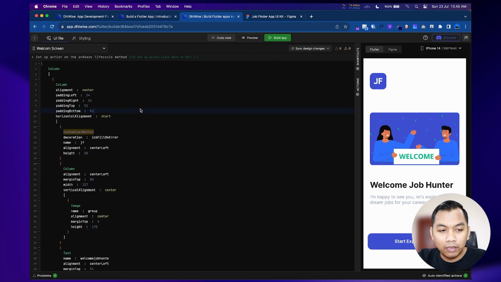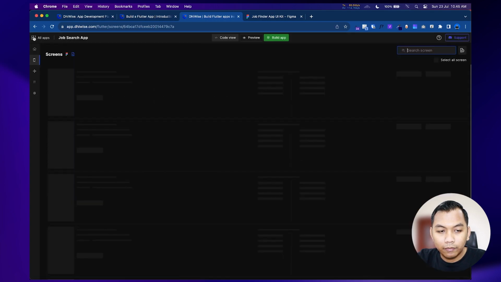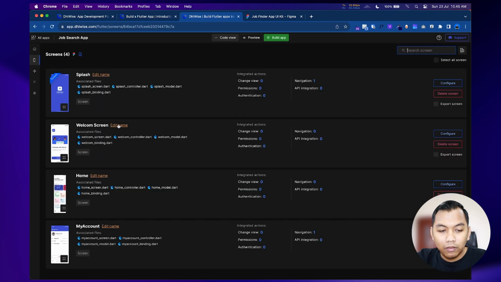Here we can also edit the screen name. This is the welcome screen, and we can edit it, maybe change it to onboarding. So we have splash, onboarding, home, and my account screen.